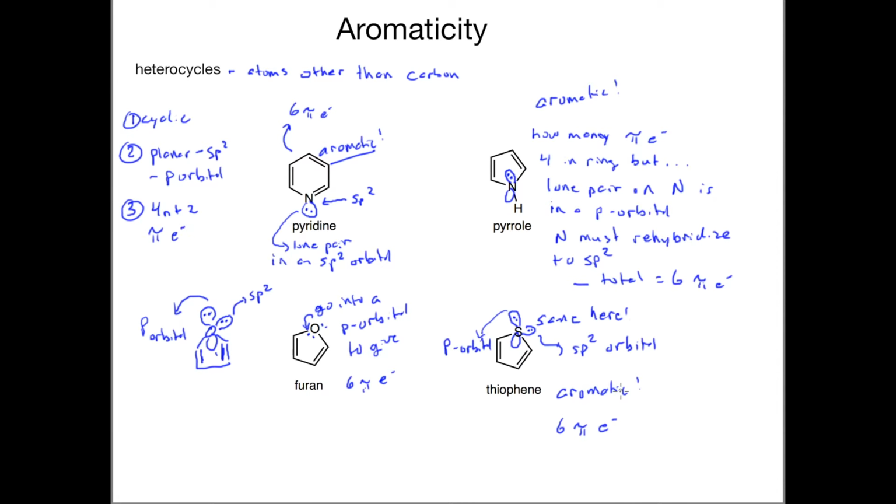Now, one thing that this can lead us to is notice that we're making some changes here, some things that you may not see. And I'm just going to briefly draw another schematic here with all of the p orbitals that we have for this thiophene molecule. And you can see that these two are together. We have the p orbital that has the lone pair right in there. Notice everything is in conjugation, and then you see the lone pair in the sp2 orbital at the bottom, right? So everything is conjugated here, and this allows this compound to be aromatic.